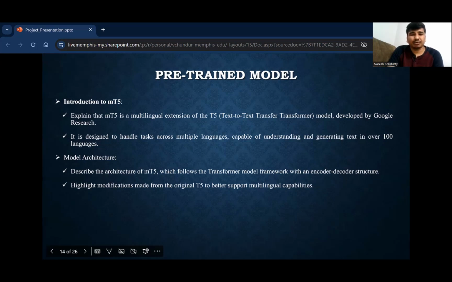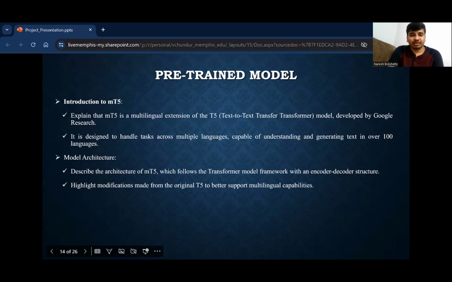Its architecture, rooted in the transformer model framework, employs an encoder-decoder structure. Modifications from T5 enhance MT5's multilingual support, enabling seamless language processing across various contexts. The encoder handles input text while the decoder generates the corresponding output, facilitating versatile language transfer across task languages.